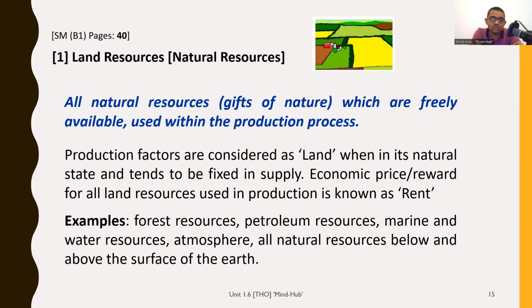So production factors are considered as land when in its natural state, and tends to be fixed in supply. What is the natural state? That is how it is in nature, without or before human involvement, before people have changed it. Now, for example, if I ask you a question like this,